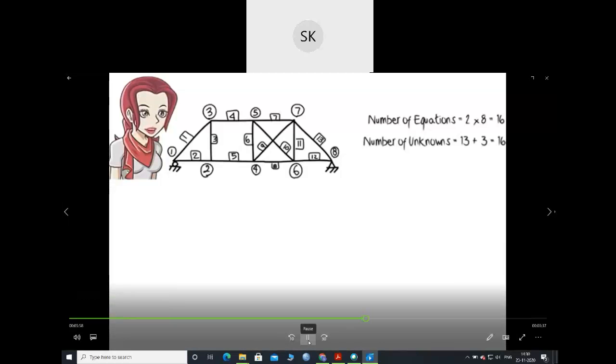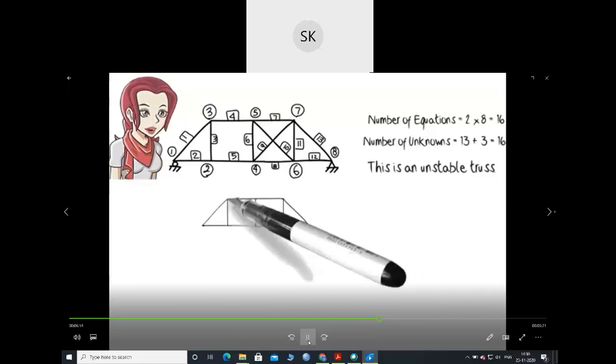Clearly here, the number of equations does not exceed the number of unknowns, yet the structure is unstable. Why? You will get this kind of situation where your number of equations and unknowns are both equal. Because it can be shown that under a certain loading pattern, the truss cannot maintain static equilibrium. How? Suppose we place a non-zero